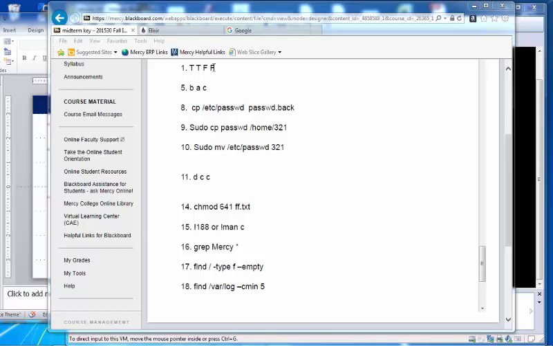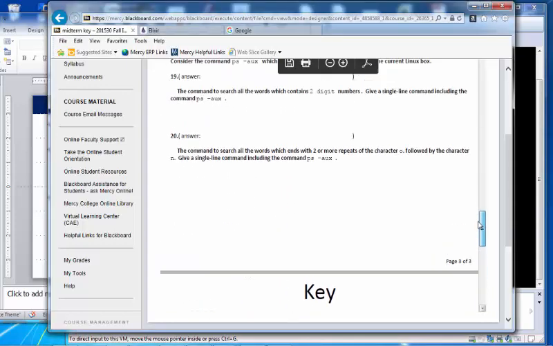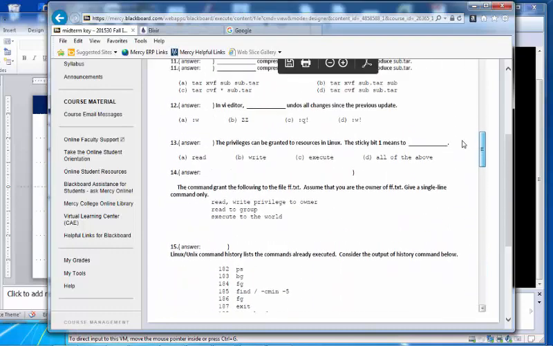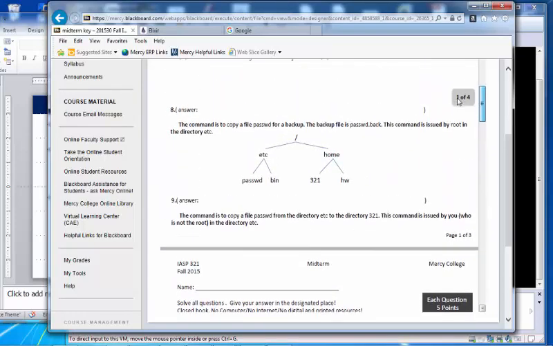Question number 8 and 7, we better explain it here. Let's say question number 8. The command is to copy the file passwd for a backup.